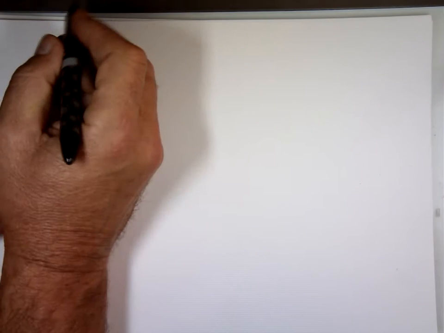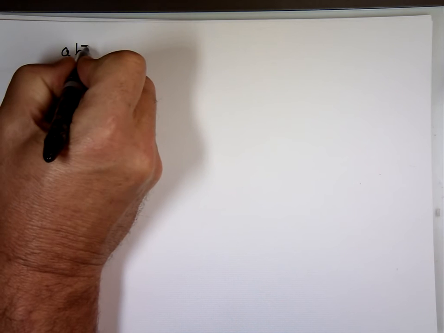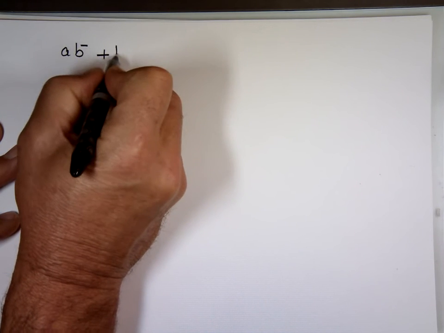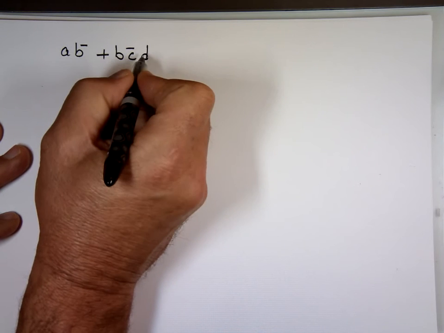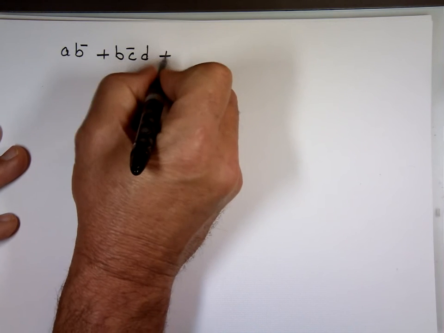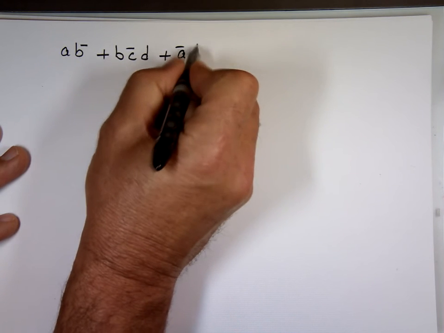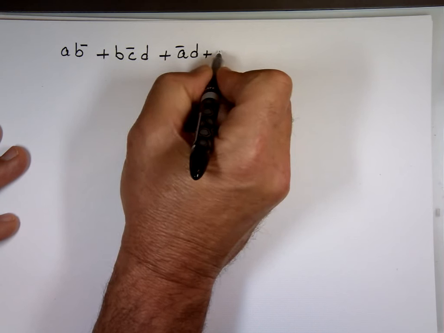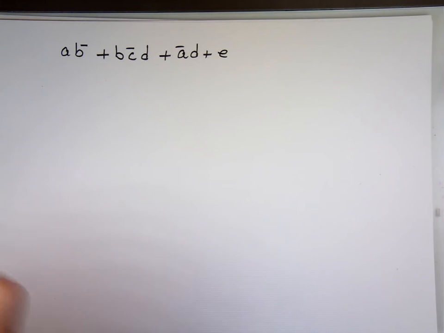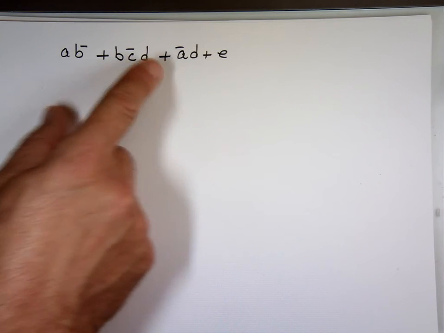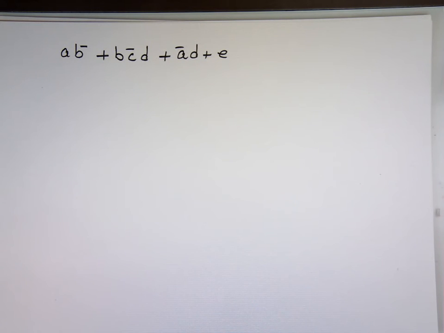Now, let me write an expression here: A B naught plus B C naught D plus A naught D plus E. If I was to go to the lab and build this, I have A, B, C, D, and E, right? I get 5 inputs. So to design it,